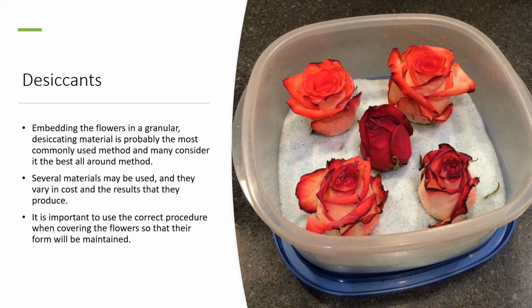Now we'll move on to some other options for drying. We have desiccants, which basically is a substance that helps pull moisture out of the plant material so it'll dry. In this method, you're embedding the flowers in a granular desiccating material. It's probably the most commonly used method for people that are really into drying flowers. It's also considered the best all-around method to keep your blooms in the shapes that you might want or in